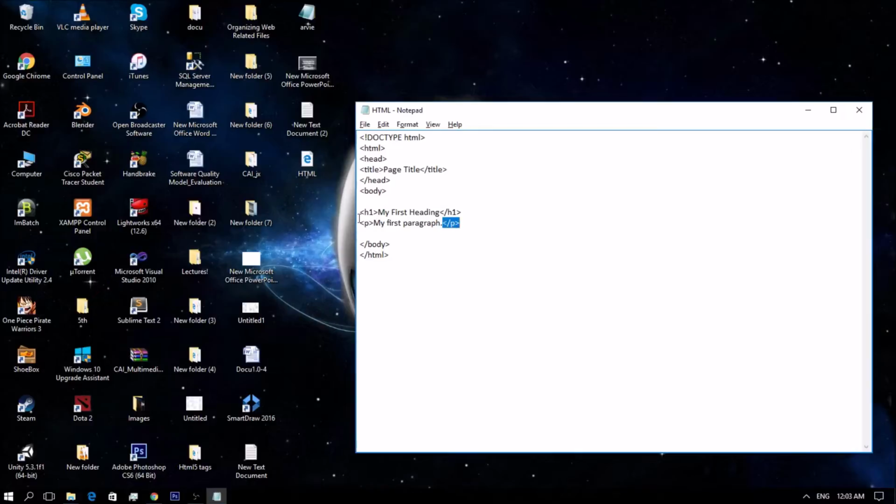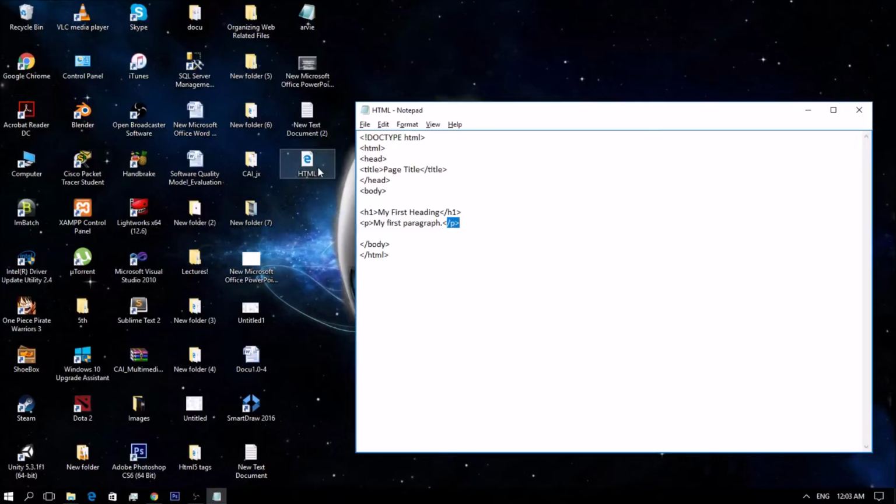The first tag is the start tag and the second tag is the end tag. The end tag is written like the start tag but with a forward slash inserted before the tag name.